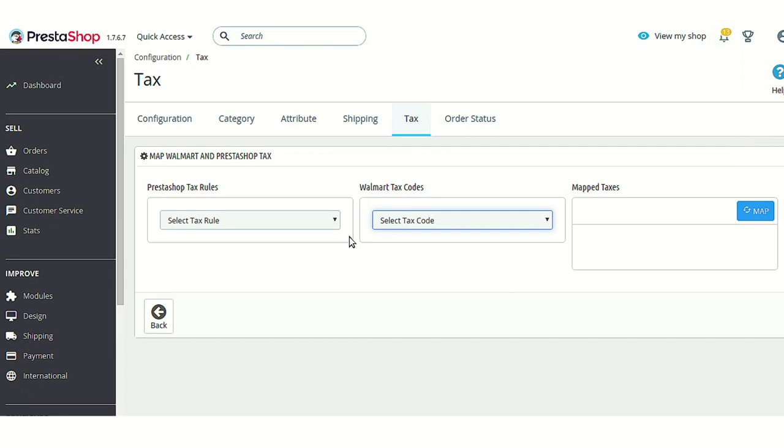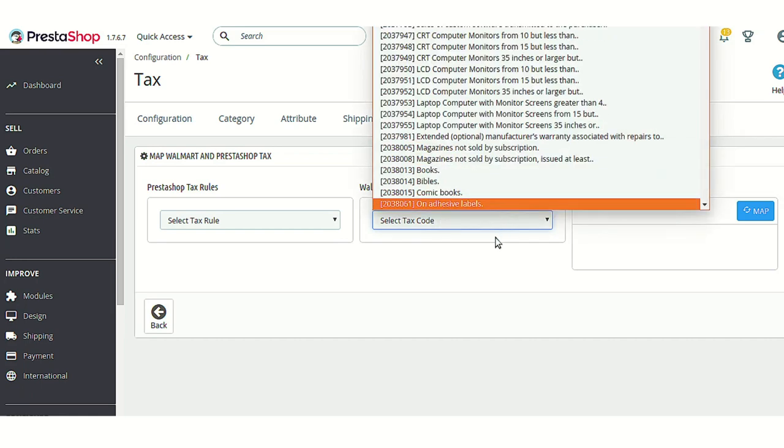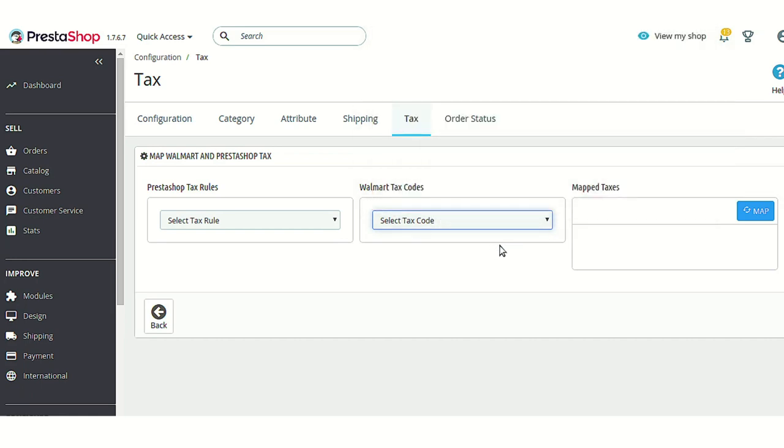And let's say a product is at $10 on your PrestaShop with a tax of 12%, on the Walmart end it would be higher, because the tax is higher because of the tax rule that you have mapped. So it's better to map the tax rules according to all the PrestaShop tax rules that you have already created on your PrestaShop.